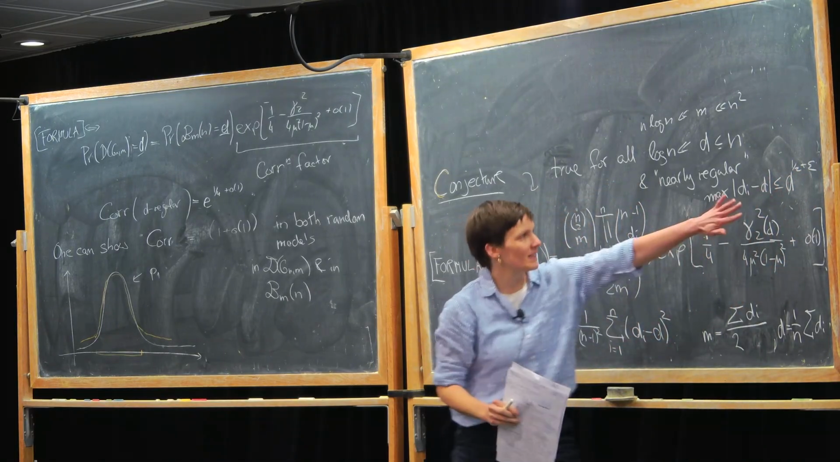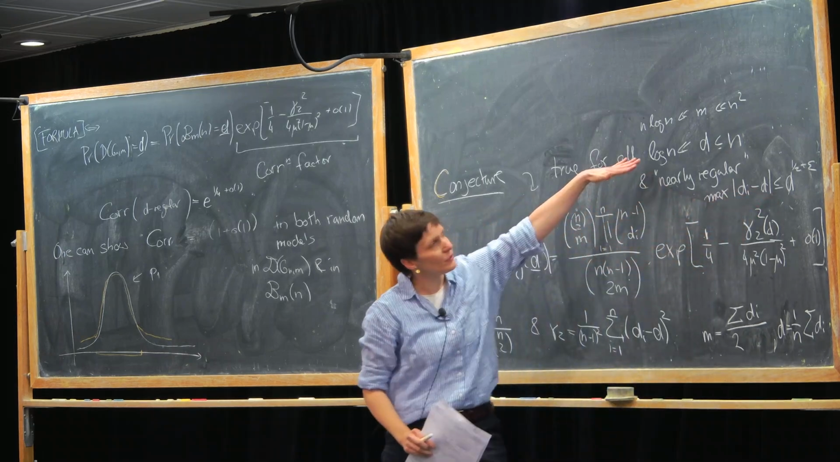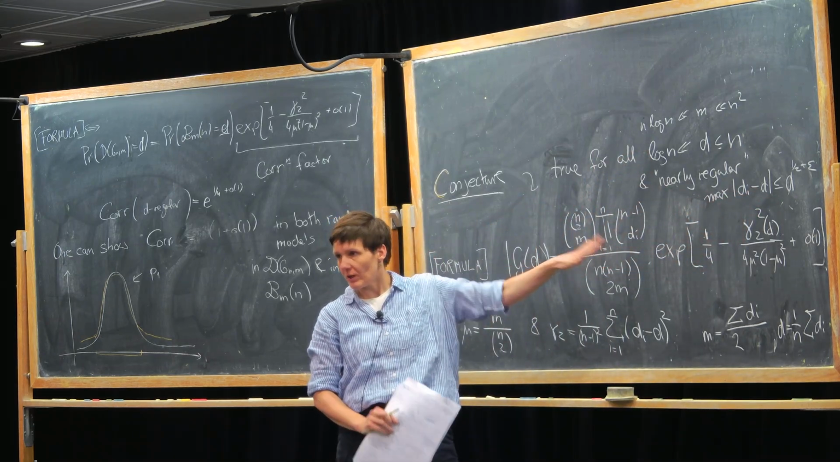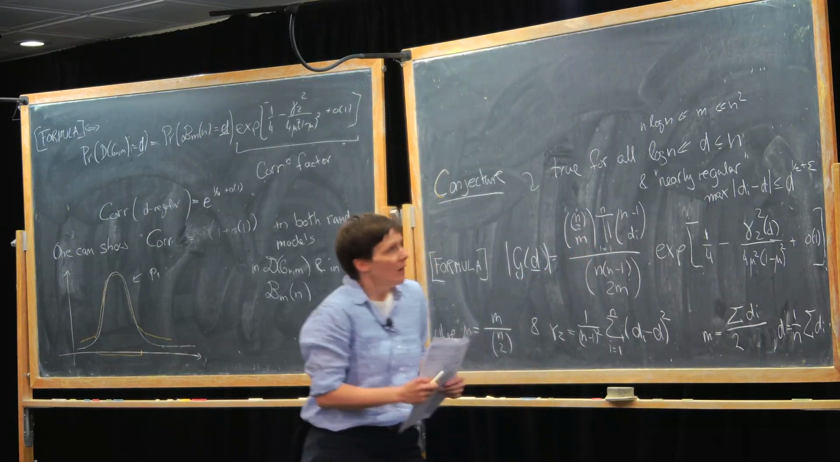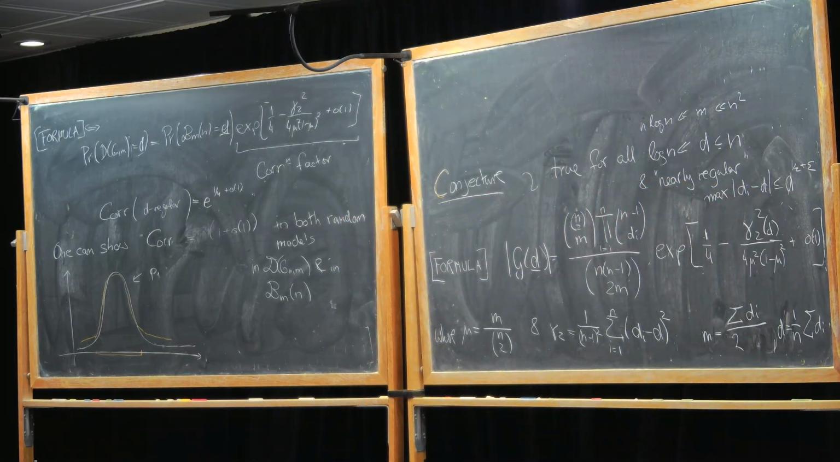Okay, so under the assumption that you're nearly regular and you're in this intermediate density, you are able to prove this formula. That was the conjecture. Okay. Good. So what we will do